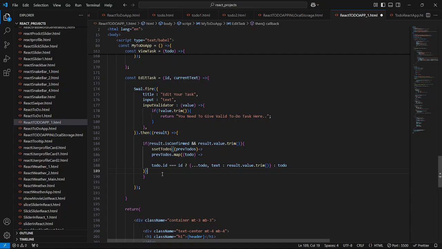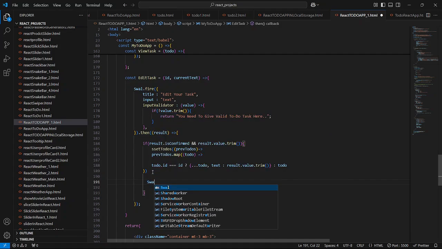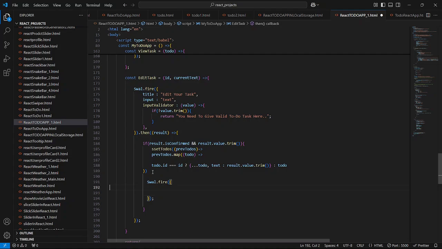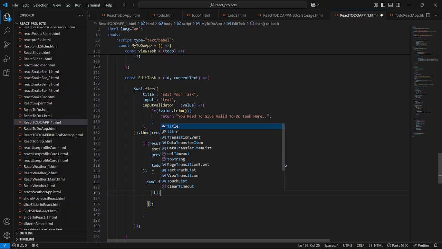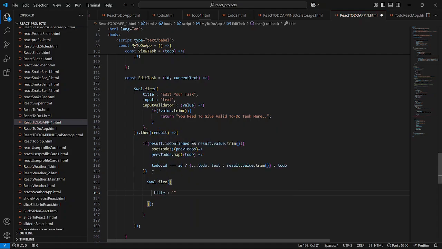Now after the edit or the updation, we will show an alert also to the user. So I'll say Swal dot fire, and just close this, and we will say title colon, updated. So task updated. Okay, it is good, task updated. Put comma,